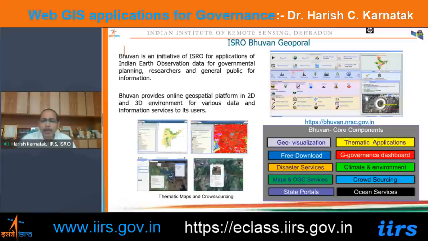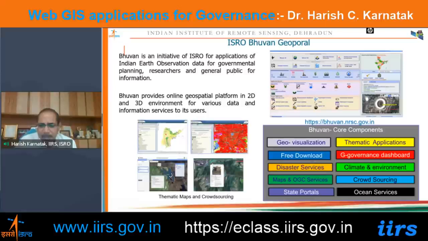And here the core components of Bhuvan are shown at the top. You can see around 8 components as core components. And this is a G-governance dashboard. So by visiting these sections where my mouse is moving, you can see what the major programs are, like Postal Department, Urban Survey, the Chaman program for horticulture, Hellstrom, Prime Minister Krishi Sinchai Yojana, Clean Ganga missions. You can see how this technology is being used and how WebGIS is helping to solve specific problems of planners and decision makers.